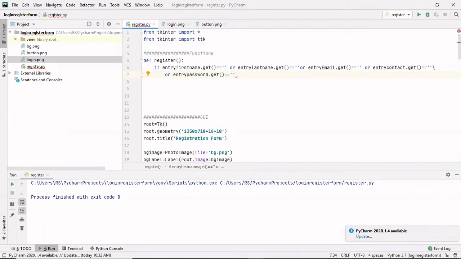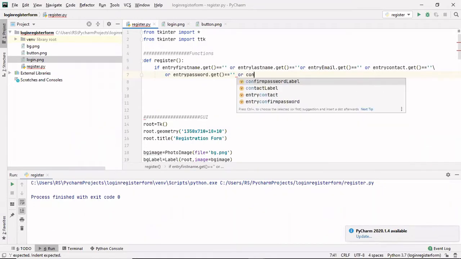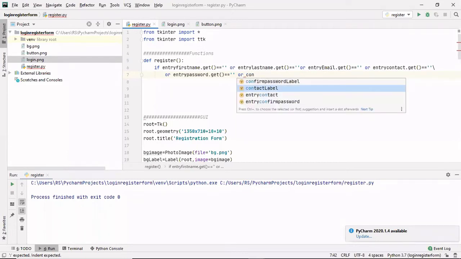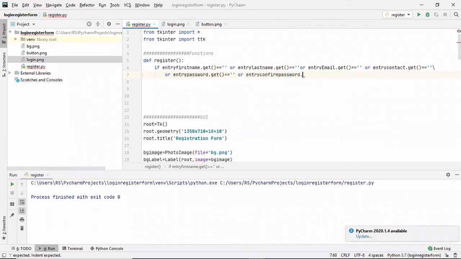After this entry password, we'll also check for confirm password, not the label, entry confirm password dot get equals to null, or